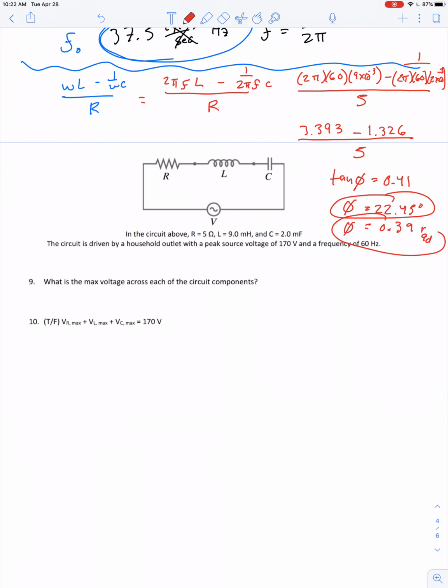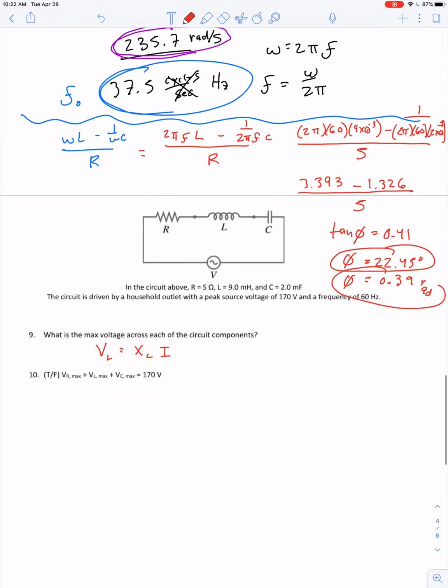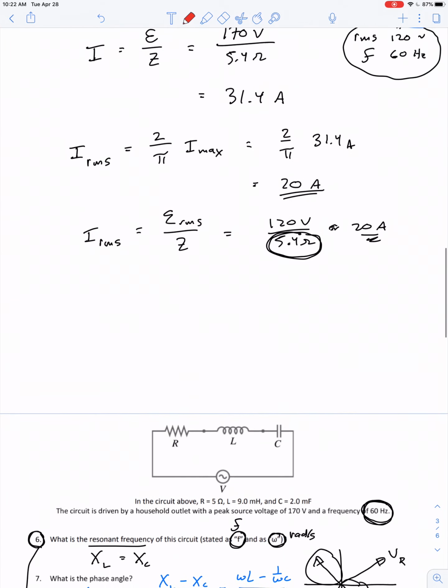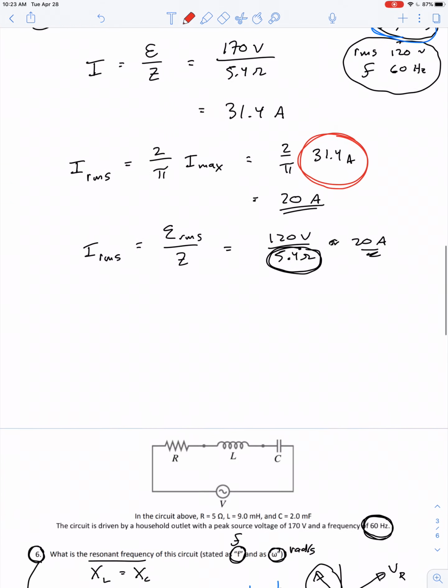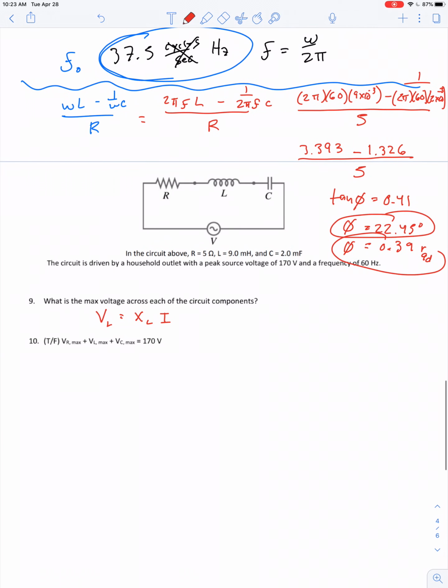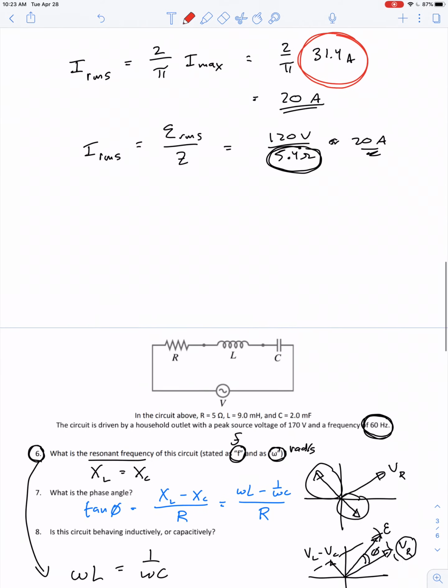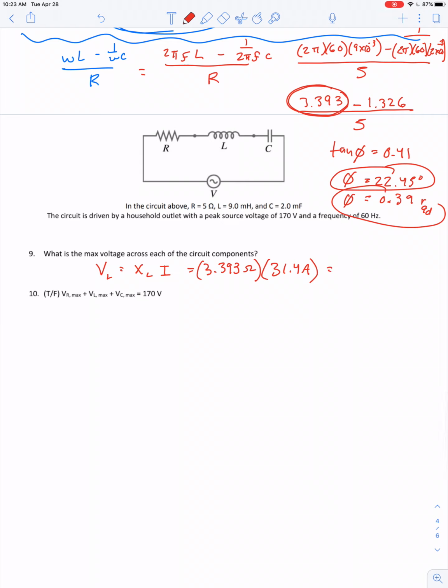Okay, what's the maximum voltage across each circuit component? The maximum voltage across the inductor is the inductive reactance times the maximum current. So if we scroll back and look, our maximum current is 31.4 amps, and our inductive reactance is 3.393 ohms. 3.393 ohms multiplied by 31.4 amps. Double check that one more, yep. And that comes out to